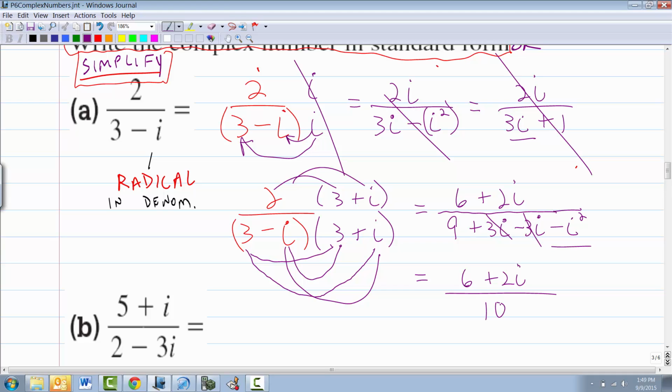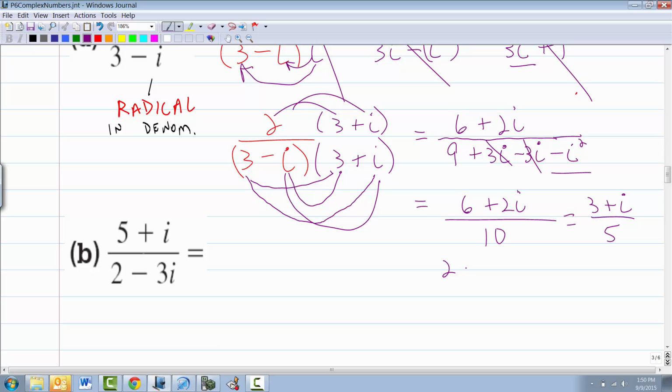Plus 1. Now, if you circle this answer, I'll mark you so wrong so quick your head will be spinning. Because what else can happen with 6 plus 2i all over 10? You can actually simplify. You can't simplify like this. We've talked about that a million times in here. Not a million, but like 10. So that's a lot still. But what you can do is divide everything by 2. So 3 plus i over 5.